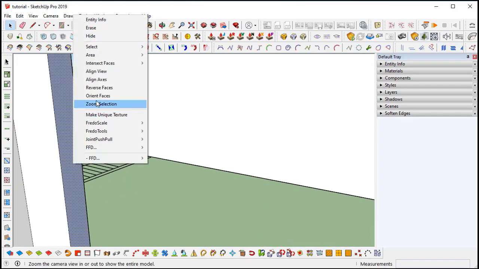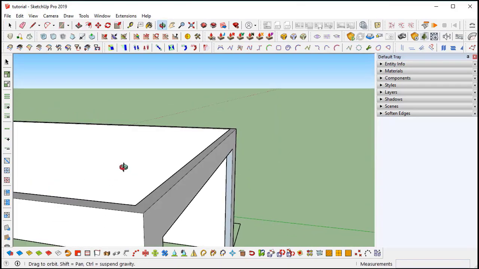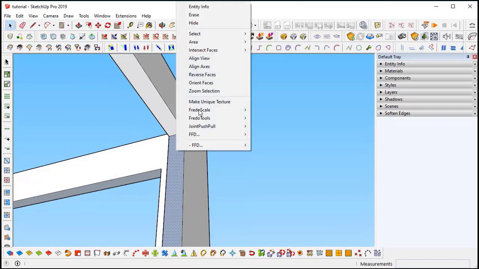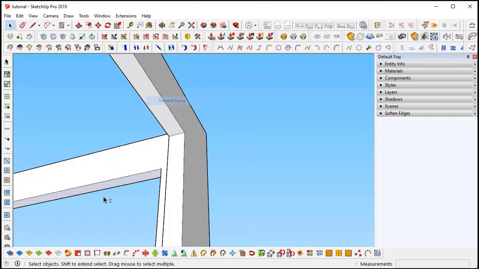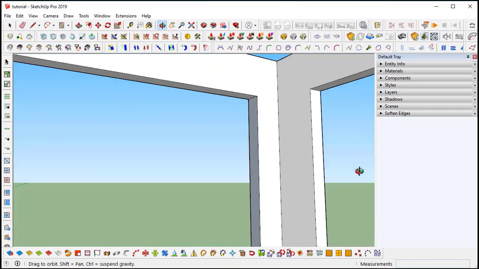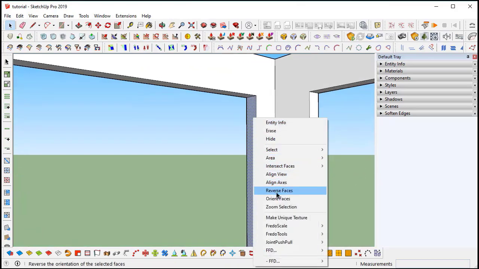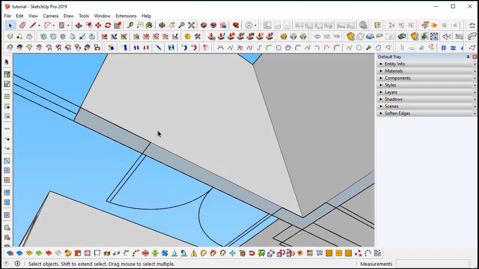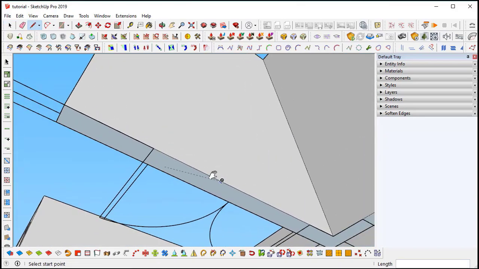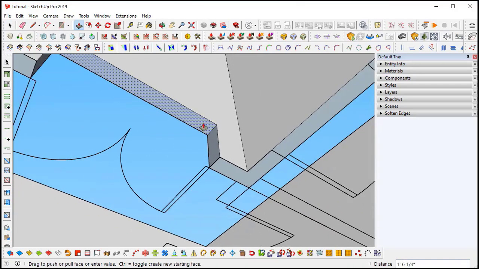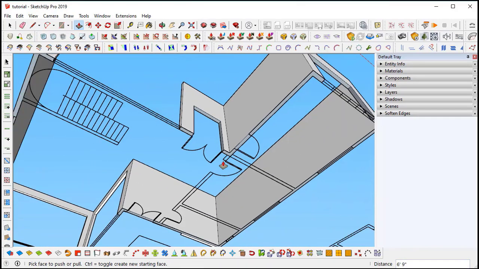Actually, we are getting the back faces here. We need the front face, not the back one. That's why I'm reversing all the faces. We need to make doors. Okay, I will use the same process again, line command, and cut here and cut here. And with the push pull command, I will use like 6 feet 9 inches. That would be better. And here also black faces.